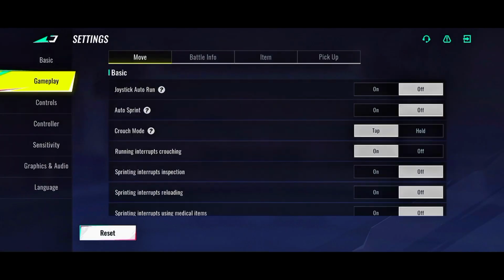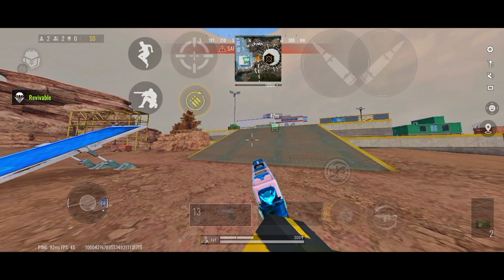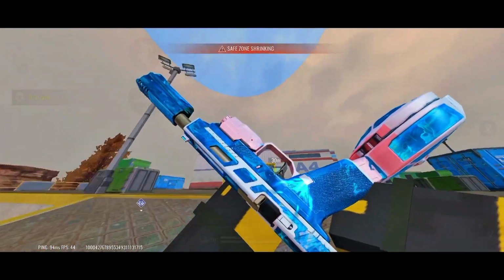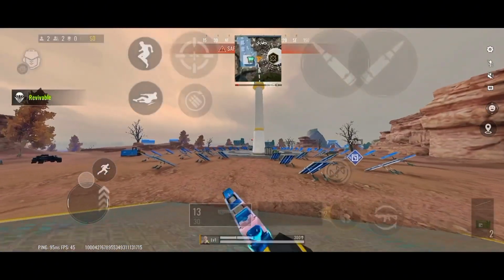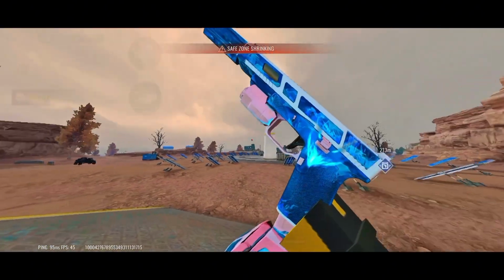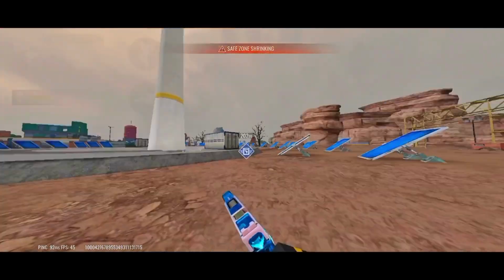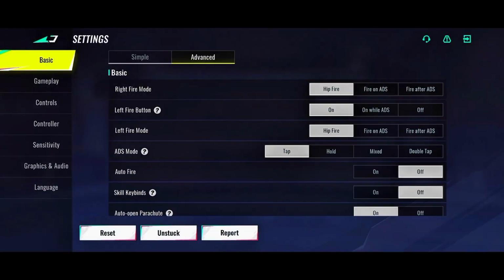And now this one is sprint interrupt inspector. What this one does, right now you can see mine is off. Whenever you're doing your weapon inspection, you see right now I'm running and also doing my weapon inspection. It does not affect my weapon inspection. You see, I'm also running. But if you have yours turned on,